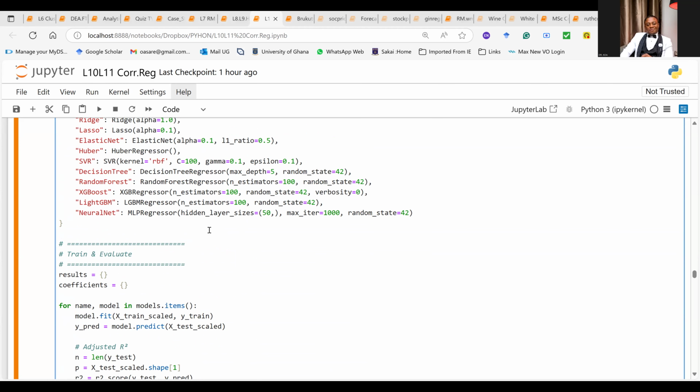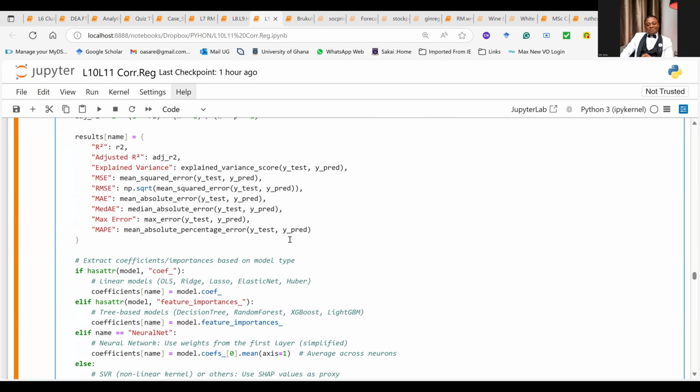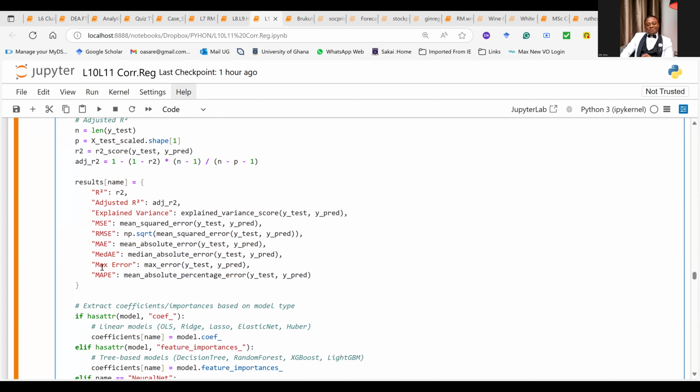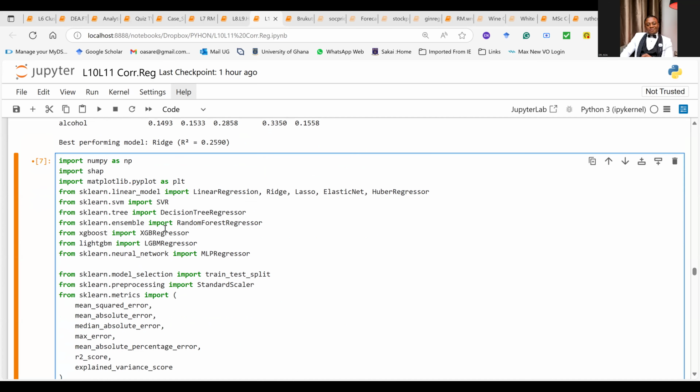Oh, and yes, there are some things that you have to install before you start. If you have not installed them, it will give you an error and tell you that you have to install them. And I'll mention some of them as you go. For example, as you can see, I'm saying you should import this, import that, import this, import that.